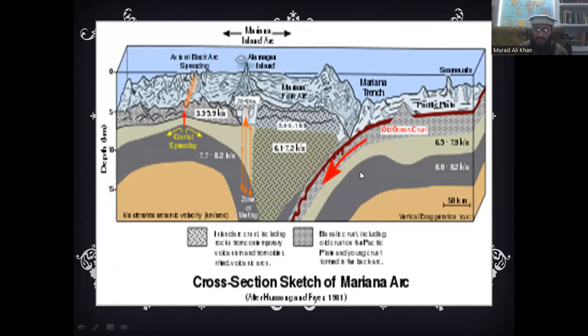This is the sketch of the Mariana Trench. This crustal plate and this crustal plate, both of them are oceanic crust. They are heavier, and when they converge, they go downwards, and hence the result is a very deep oceanic trench